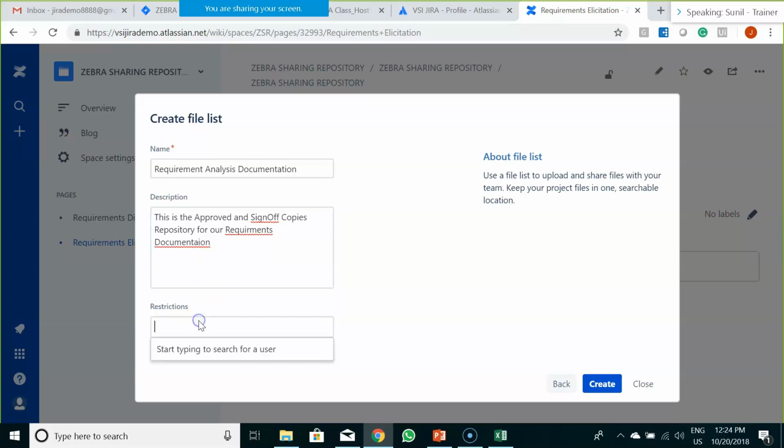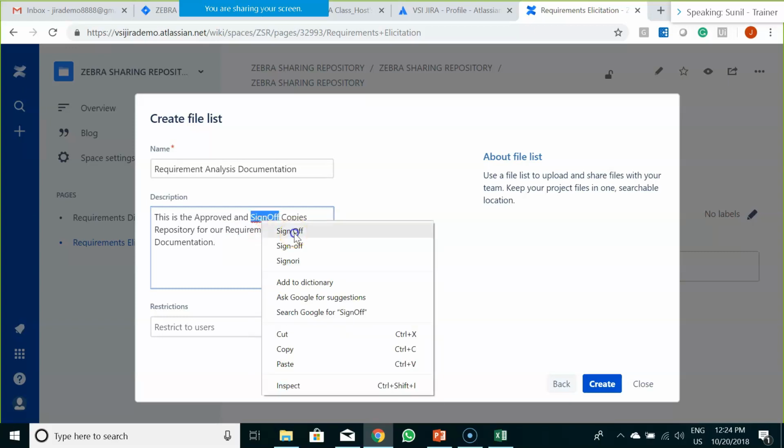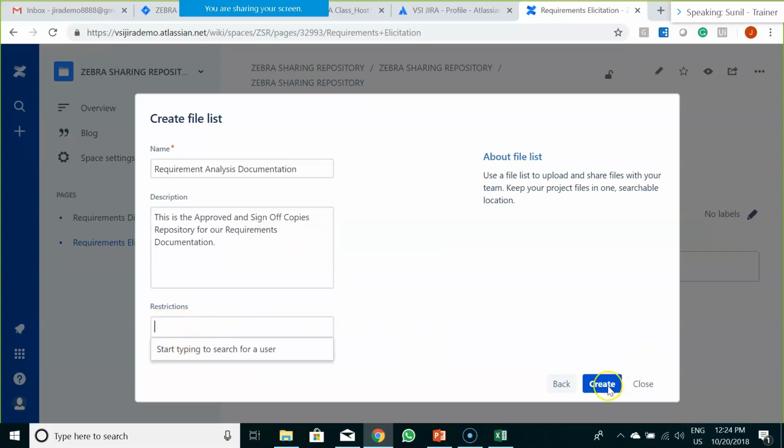And here you can give access to whichever users you want to share this document with. So that is something where you are restricting the user. You cannot give access to everyone to this particular document. So you have to specify which people you want to give access to.